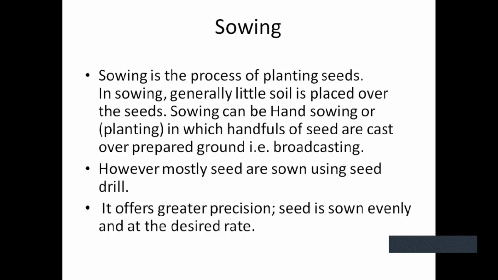Now the sowing is done in different ways. The first way by which the sowing can be done is by hand sowing. Means the farmer sows the seed in the field with his own hand. One by one the seeds are sown. Now this is really a very difficult task if the farmer is going to do hand sowing, because it requires great precision. Precision is nothing but a lot of accuracy in sowing the seeds, and the seed should be at a proper length, desired rate, as well as the depth should also be proper, right? So this is really a difficult task.